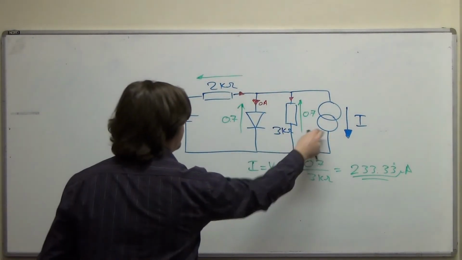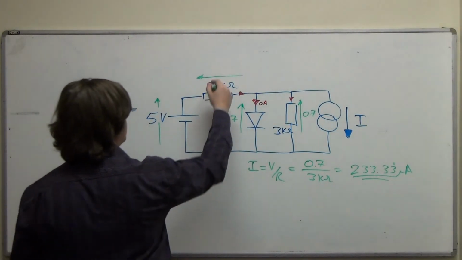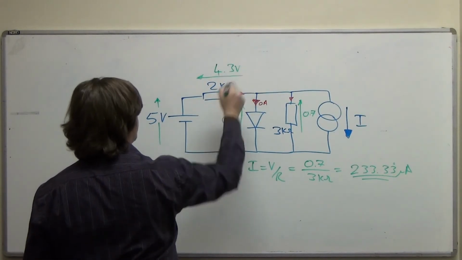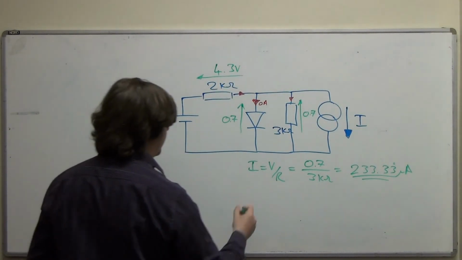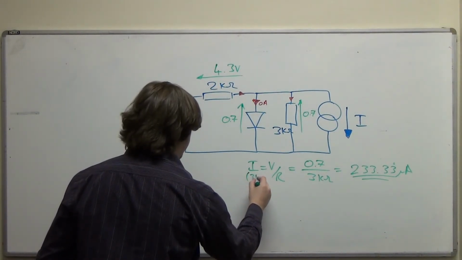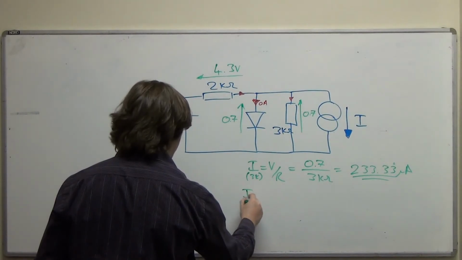All these things are in parallel, so they count together. So 5 less 0.7 is 4.3 volts, so we can say that this is I in the 3K, and we can say that I in the 2K